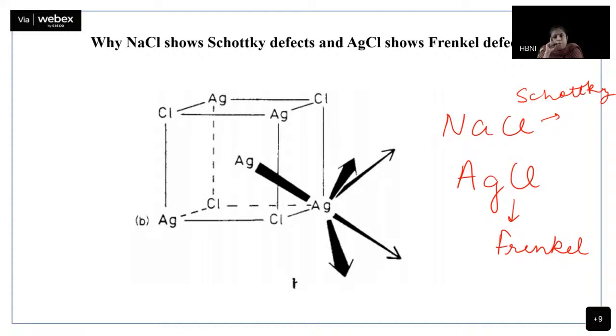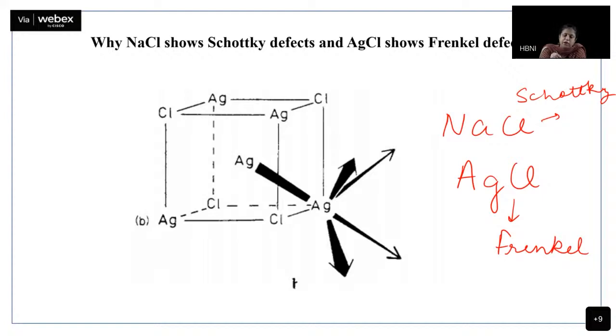You go back to your rock salt structure, and I would hate to repeat it, but I would still repeat it because I know many of you might not be in this particular frame of mind. In rock salt structure, at corners you have, if at corners you have cation, then at face centers also you will have cation. I'm sorry, corners and face centers would be cations, and body center and edge centers would be anions.